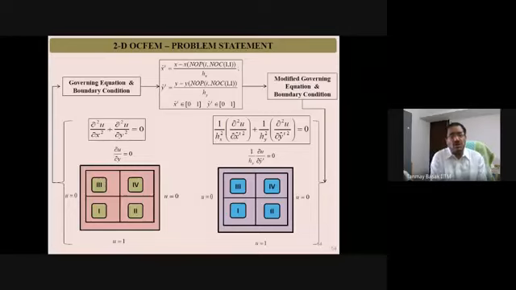Similar to one-dimensional OCFEM, we have to write the 2D OCFEM element-wise, and we earlier converted the variable x to x hat. Here we will be converting variable x to x hat and y to y hat. A similar kind of mapping: x hat should be x minus x knob of I comma NOC 1 comma 1, divided by hx, and y hat should be y minus y knob of I comma NOC 1 comma 1, divided by hy.